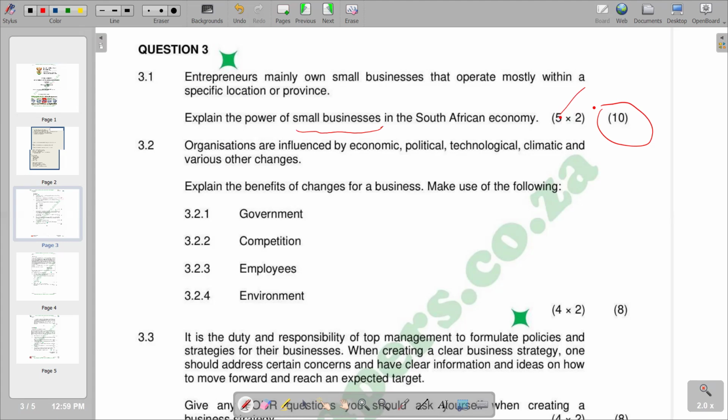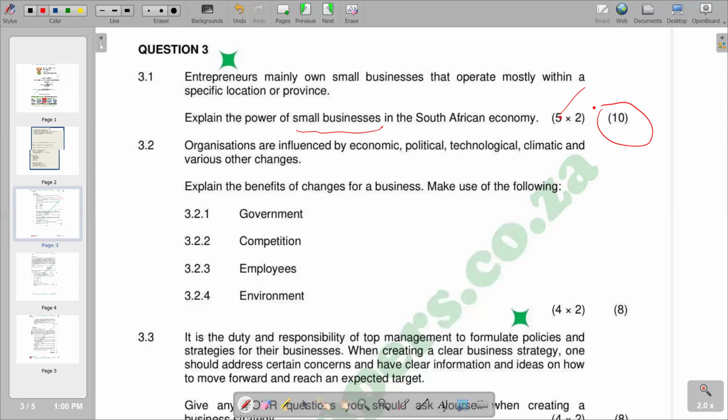So our question needs us to explain the power of small business in the South African economy. So obviously, we are trying to deduce what are the benefits that small business brings to the economy. You'll see that small businesses accommodate most of the workers in the economy. So it's going to reduce unemployment as it increases the employment rate, which is a benefit that we can quickly pick up. And also, we're going to see that in terms of